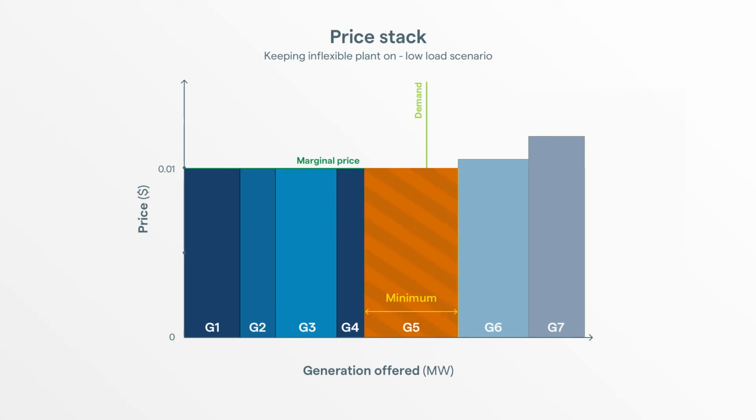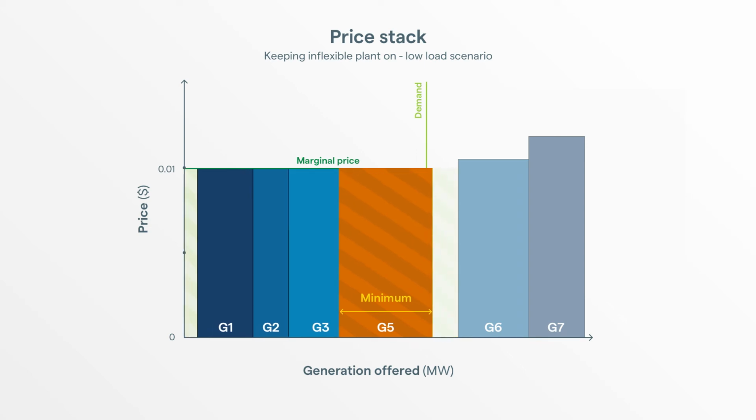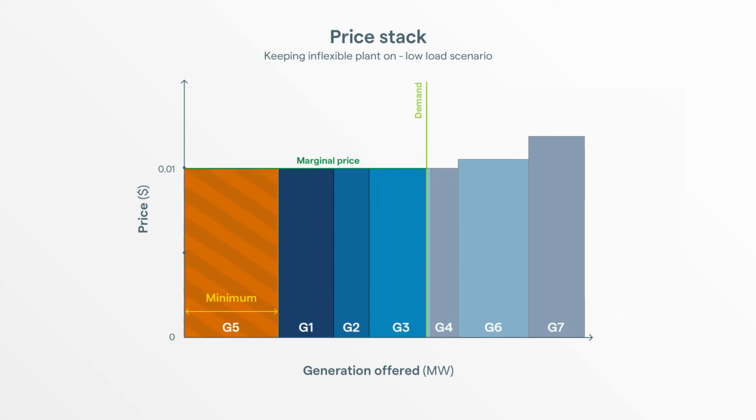When discretion is applied to dispatch the inflexible generator up to the minimum generation level, it moves to the bottom of the price stack. Because this scenario occurs in a low load period, the discretion is not likely to impact the marginal price. But because the inflexible generator is the risk setter, the cost of reserves increase, which results in an overall market cost increase. Because there's no marginal price difference, there are no constrained-on costs paid to the discretionary generator. Other generation will be dispatched down or off and will not be compensated,